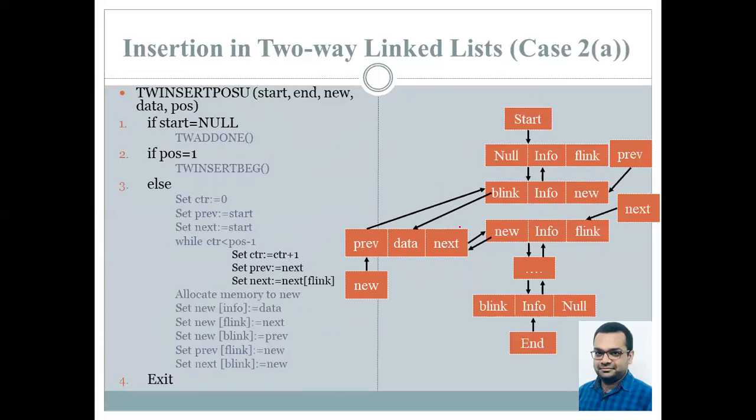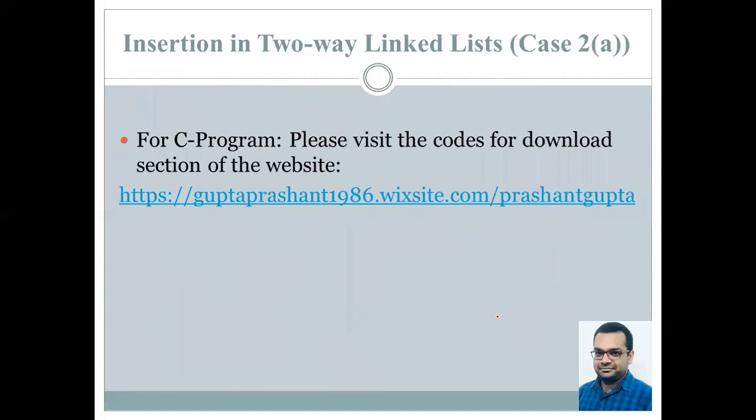So therefore, our final two-way linked list becomes like this, where we start with the start node, we go to this node, now we have to visit this node, and therefore we come to this node until we reach the last node. This is a pretty big program, so this C program is available on this website. Please visit over here in this appropriate section.